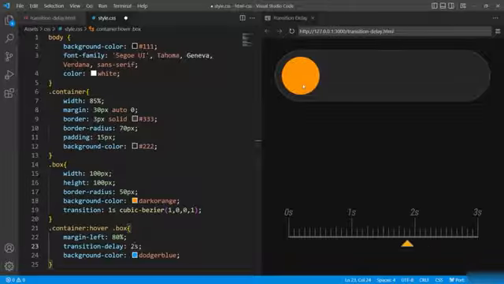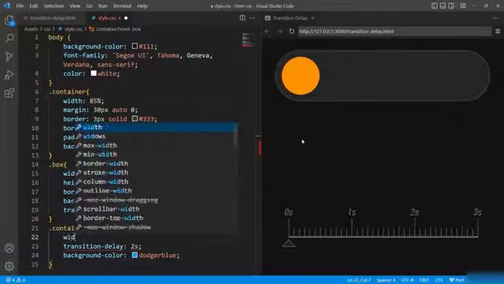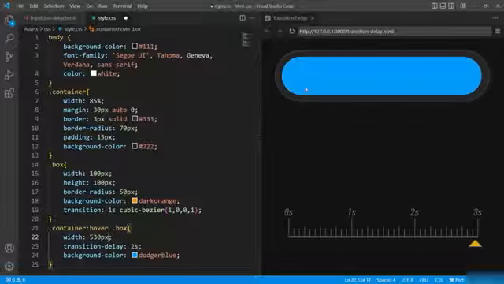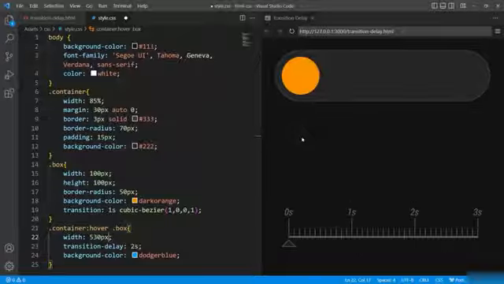Let me specify another property for transition. I will give width inside the hover. I will remove the margin left and will give width 530 pixels. Now when I hover, you can see the width is also getting transitioned, but after a delayed duration of 2